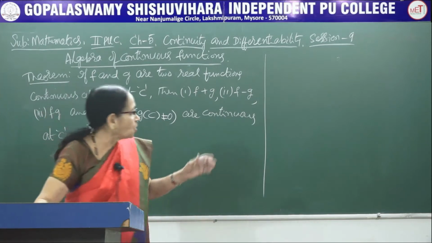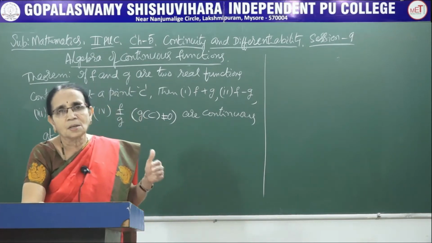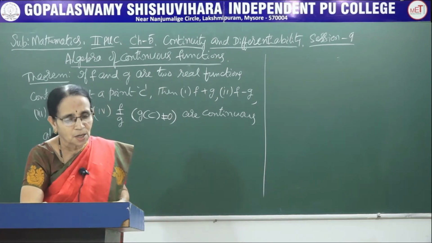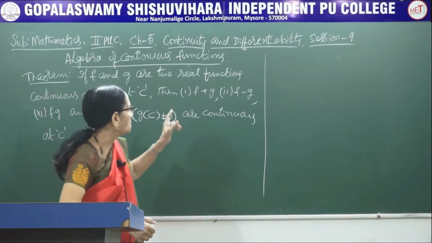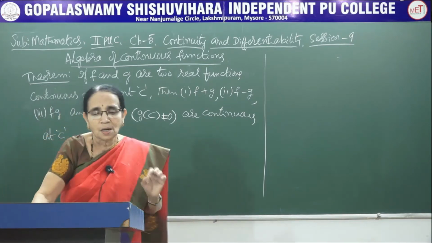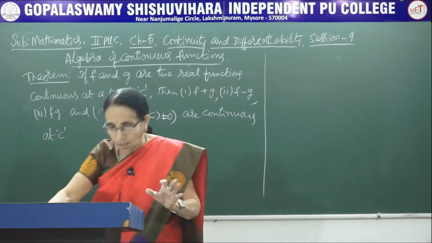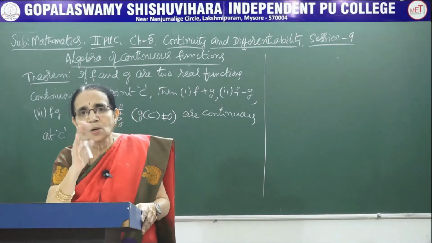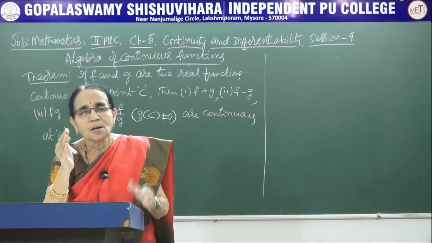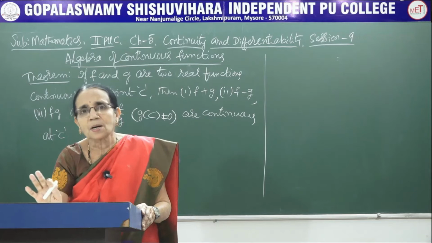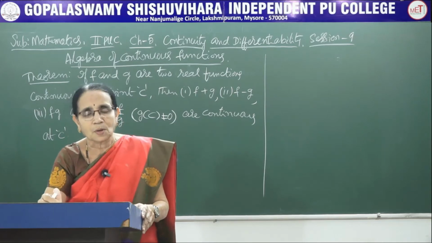Here I am just going to prove any one of them because the proof will be repeated for all the remaining parts of the theorem. So, let me consider the first part here, that is, given two functions f and g which are real and which are continuous, that is important here. When two individual functions are continuous, their sum, their product, the difference and quotient will also be continuous. That is the meaning of that one.